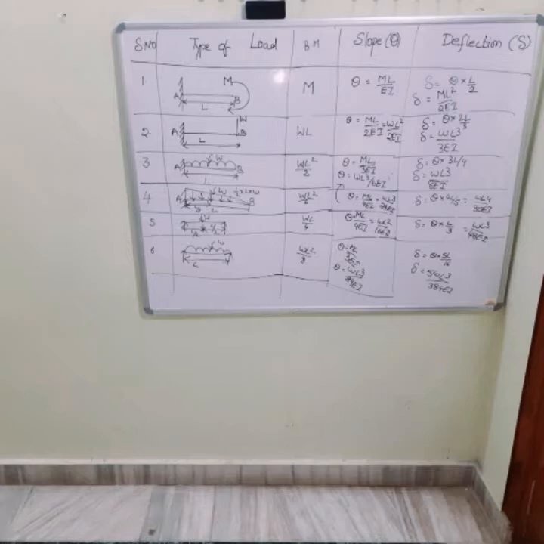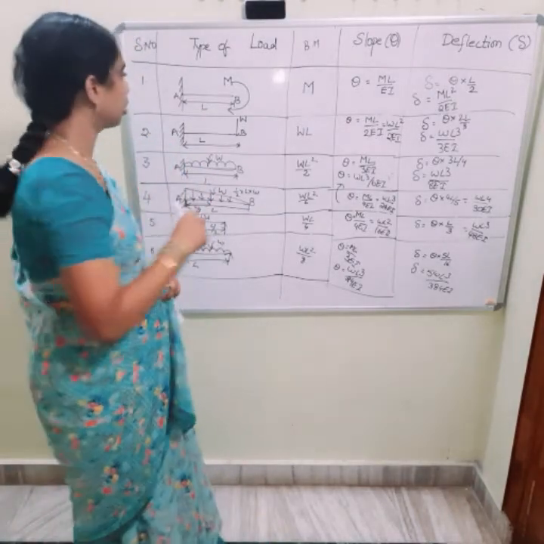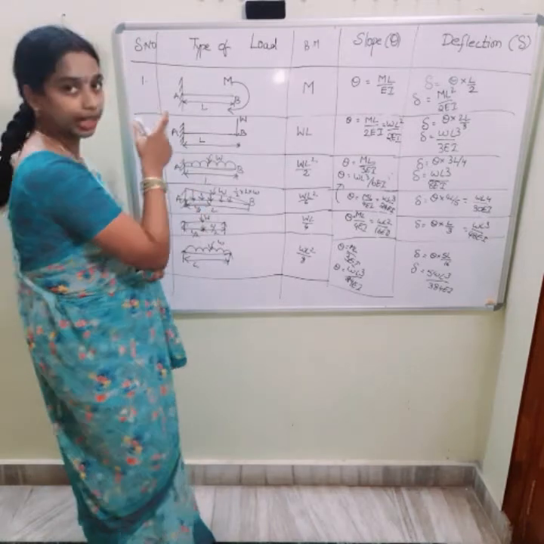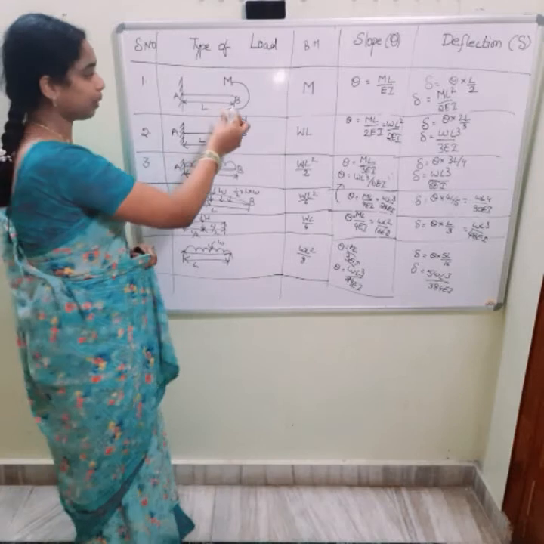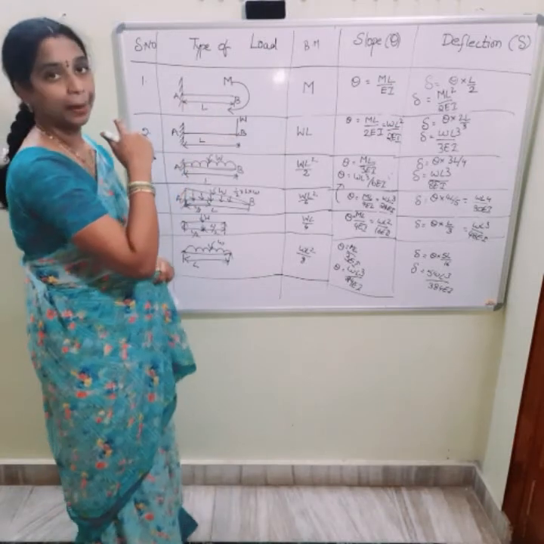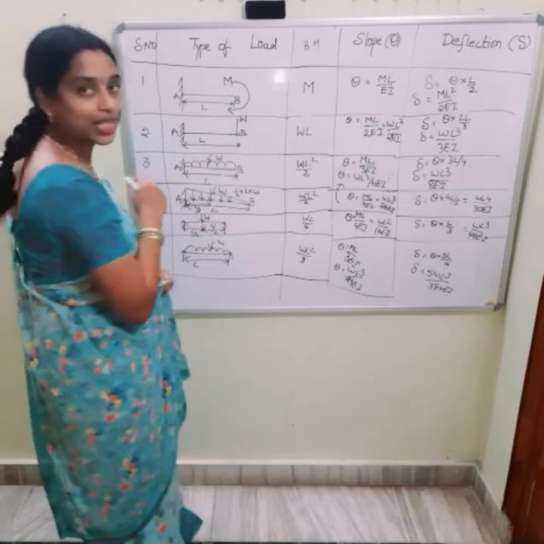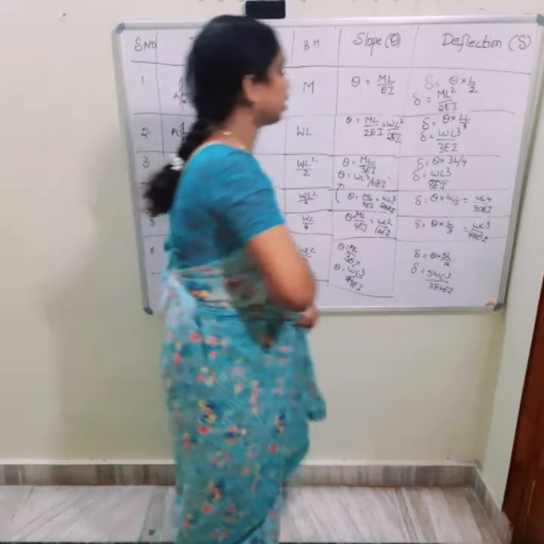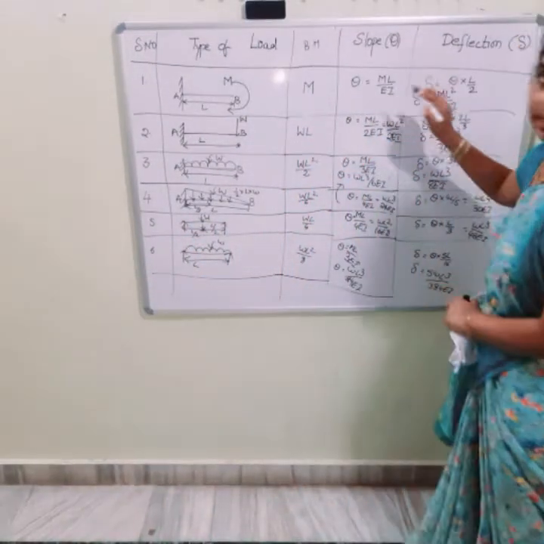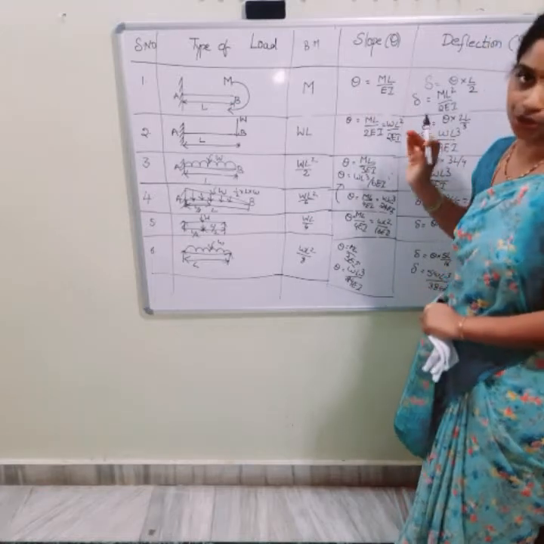Okay, I think everyone has understood the basic sequence I am saying. See here, it's nothing but load conditions. The sequence only you should follow. If it is a simply supported beam with moment, next a point load is acting, next a uniformly distributed load, next a gradually varying load, next simply supported. Here I am just supporting the theta value, right? See here, theta, this sequence only you should follow.